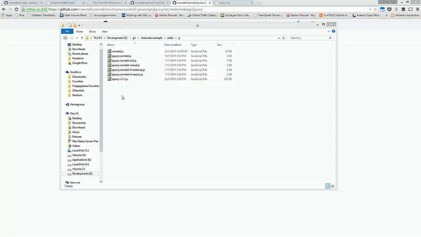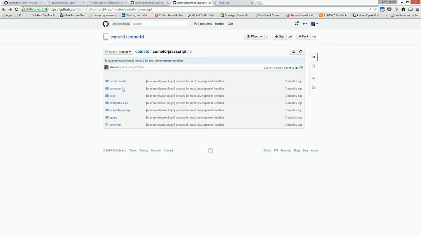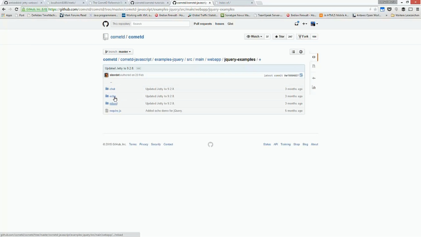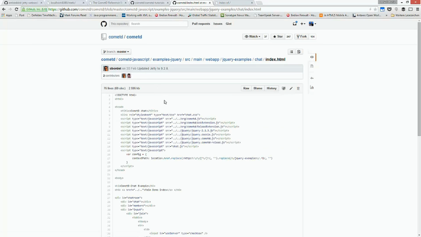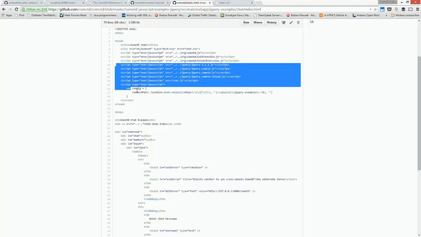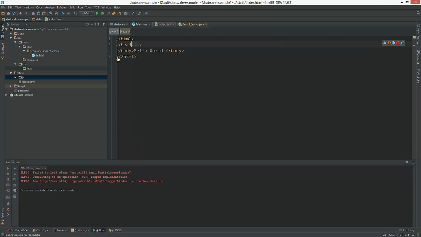Not sure yet. I guess we can still remove what we don't need afterwards. There's the example again. Let's look at jQuery cookie, jQuery Cometd, reload. Okay, I guess we can just copy some of those.